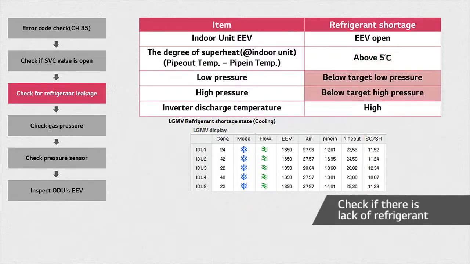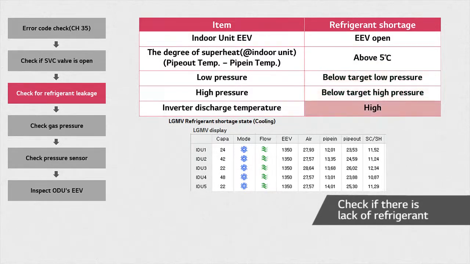Also, when both low and high pressure are below the target pressure for each, or the discharge temperature of the inverter is higher than usual, you can tell there is a lack of refrigerant. Low refrigerant volume may cause excessive discharge temperature. There are 2 possible causes for lack of refrigerant. Maybe the right amount was not charged into the system from the very beginning, or there is a leakage in